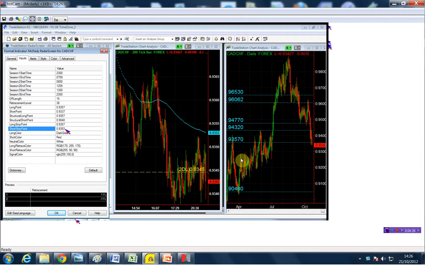Okay, so for the CAD Swiss, we're going to go long only above the structure point, which is 93.57. It's going to be our long point and our stop. On the short side, we're going to go short below the low of the day, which is 93.37, and we have a structure point 300 pips away, which is going to give us a pretty good decent move to the downside, and our stop is going to be above the market side, 93.53. Okay, so let me save that, and we move